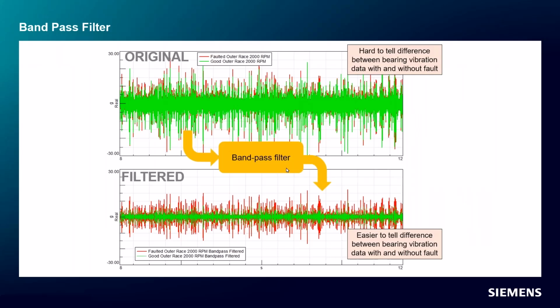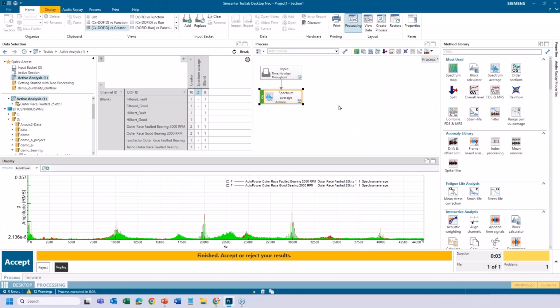High pass or band pass might work. But we know in this case, 32,000 to 35,000, if we apply a band pass filter around that range, we might see a bigger difference.